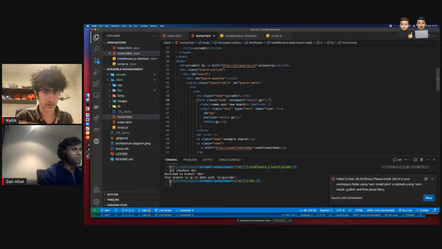I guess we can merge the middleware implementation get board by name branch into dev. Okay, cool. So dev is the receiving branch. Do a merge, then get board by name. I don't think this would work, you have to commit the changes from that as well.